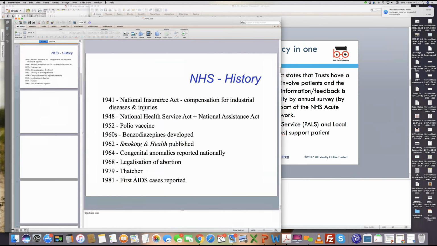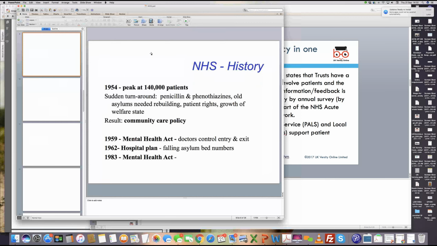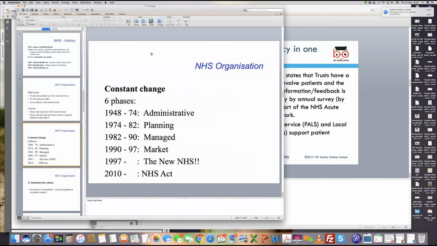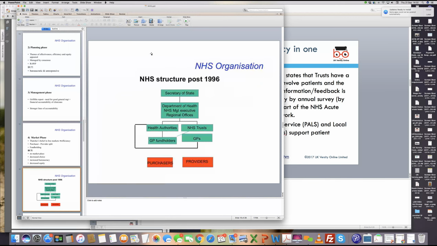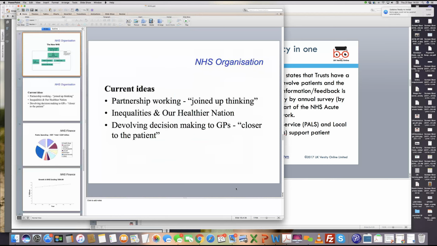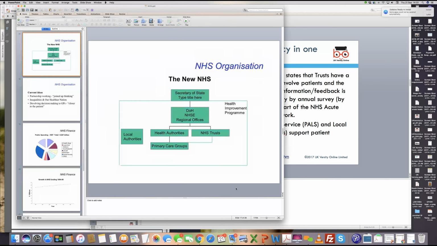This is an additional presentation which I'll send you for you to have a look at, to understand how the NHS has moved across the years, how it has changed, and what the new structure of the NHS looks like. So if I look at the NHS or the Healthcare Act and this particular structure,